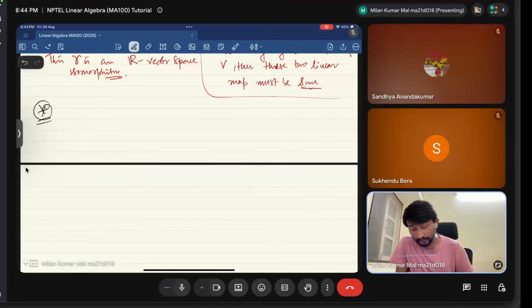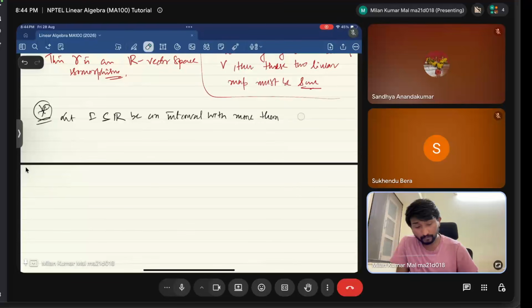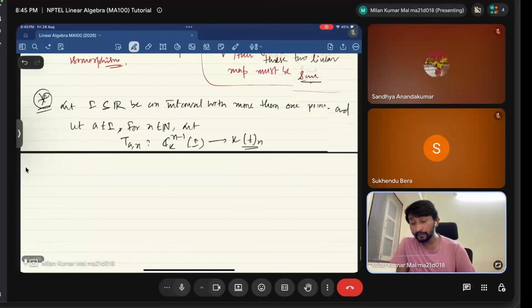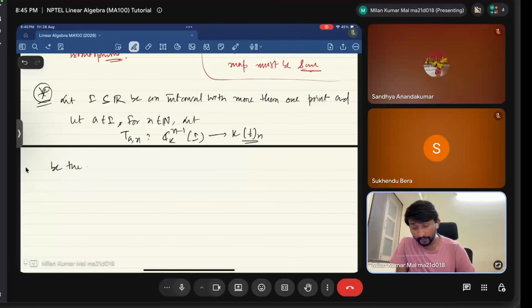So what does the problem say? Let I, a subset of R, be an interval with more than one point, and let a belong to I. For n belonging to capital N, let T_a^n, that is the map from C^{n-1}(I, K) to K[t]_n, the polynomials of degree less than n, be the map